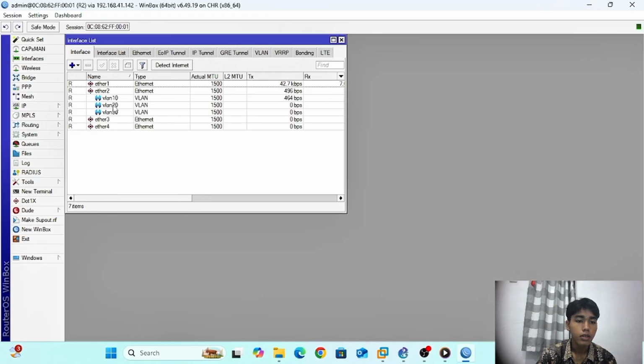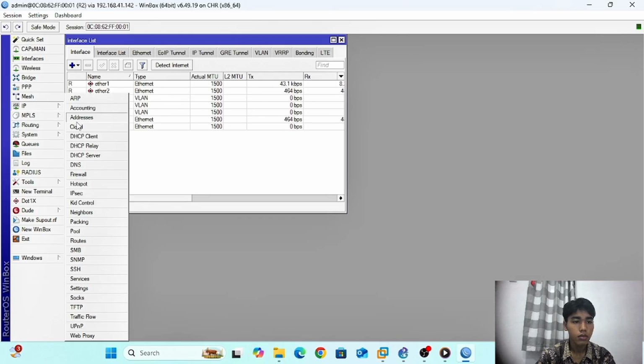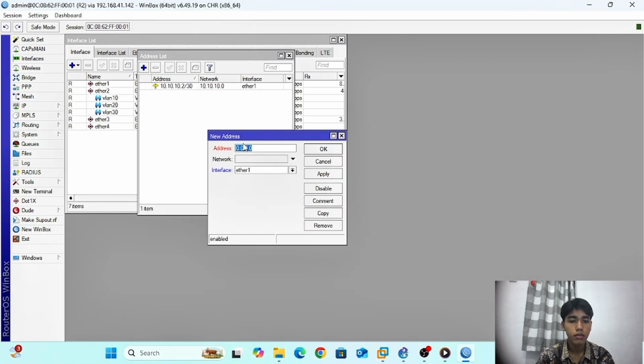Interface ether 2, use VLAN 10, VLAN 20, and VLAN 13, and add the correct IP address to each VLAN. In IP address, add 192.168.10.1/24 for interface VLAN 10, apply.